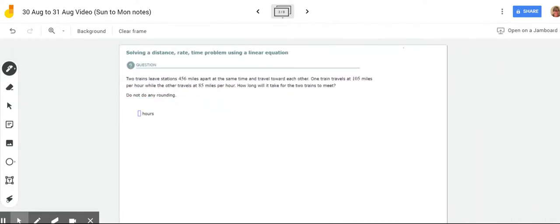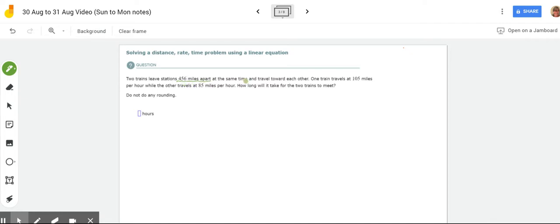I'm going to change the way I'm writing to see if this makes it any easier. Okay, so look at this problem. Two trains leave the station. Get a different color pen. Okay, two trains leave stations